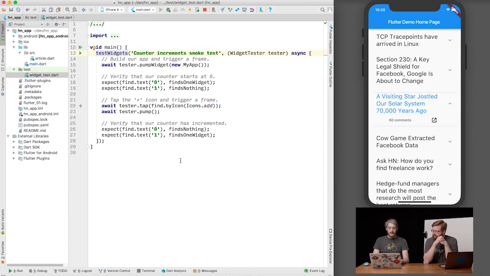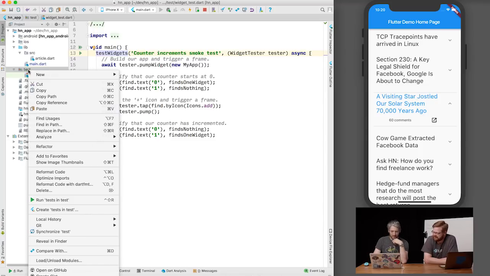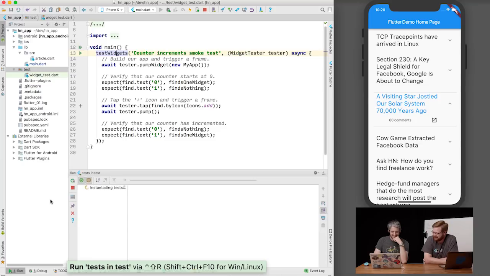So here's a widget test, and basically this is a smoke test. The fun thing is this gets included whenever you create a new app. You have this test with it. Since then, we totally changed the app, so this should fail. Okay, so let's try it. Is this built for the counter example? Yes. And so this basically says pump